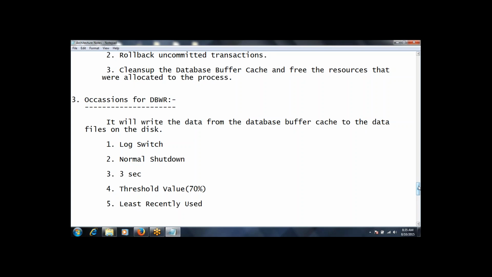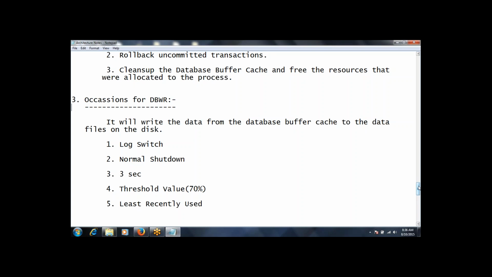Whenever the database gets shut down, or if the 70% threshold is reached, or if it is not used for the past few minutes or seconds, whatever it might be, that is least recently used, and whenever a log switch happens. Log switch means in a redo log there should be minimum 2 log files, as I told you, right? So if one log file is filled up, the writer will go to the other log file and keep writing in the second log file.